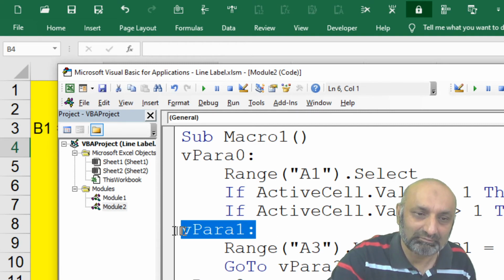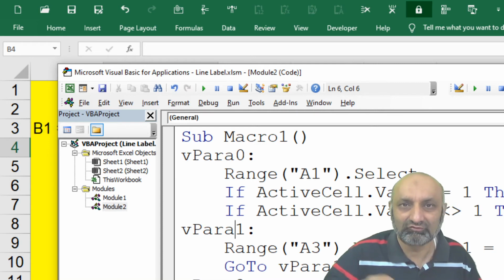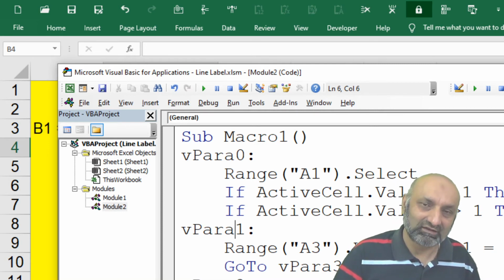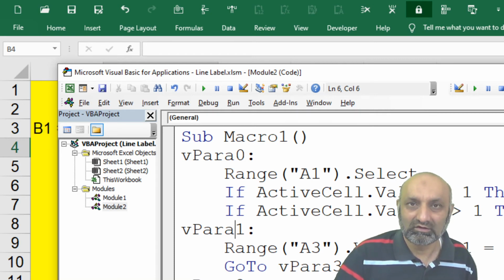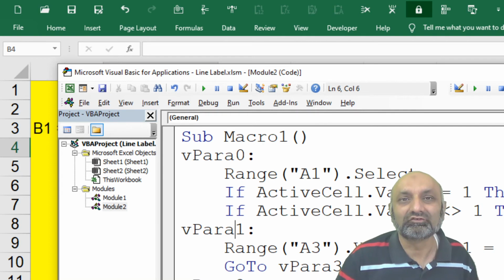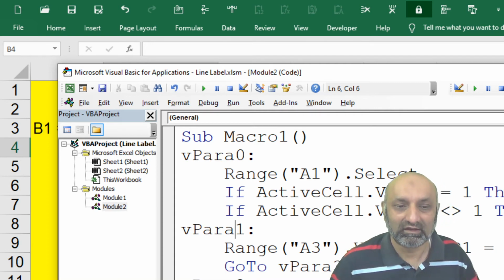This is our next label, para1, which says Range("A1").Value is equal to "B1 is equal to 1", and this is in inverted commas. We have already used Char with inverted commas and without inverted commas, so you understand that when it is in inverted commas it is treated as text, not some reference. Then go to para3. This is para2: Range("A1").Value is equal to "B1 is greater than 1". Then there is para3 and nothing here, and End.